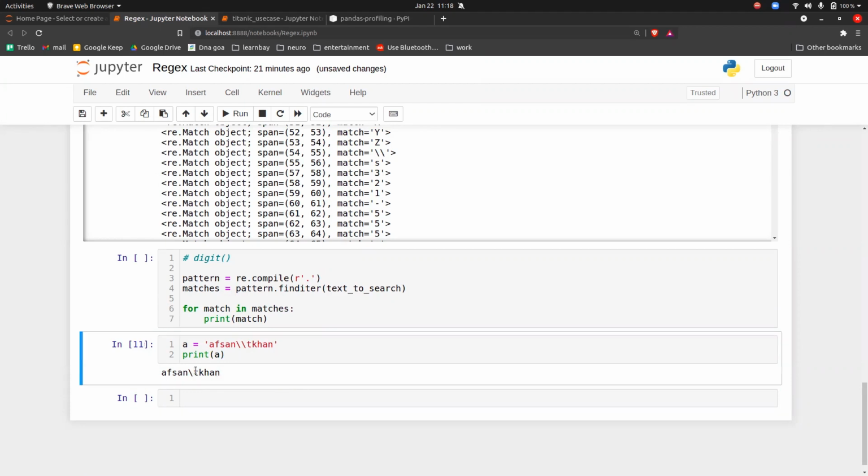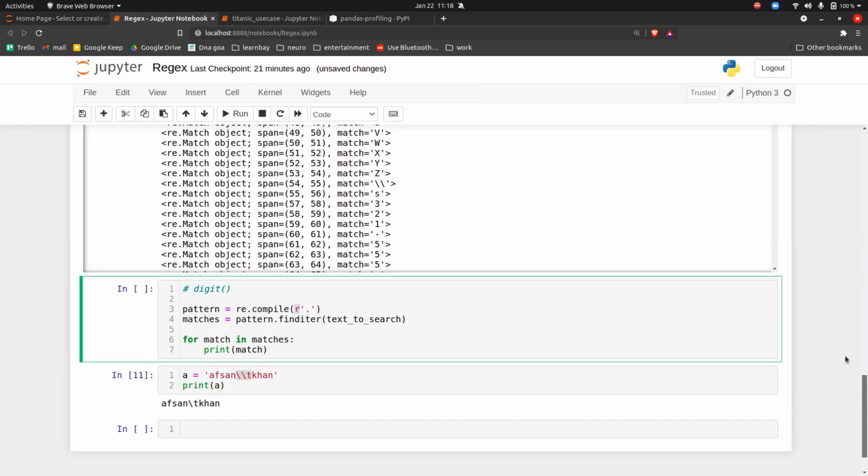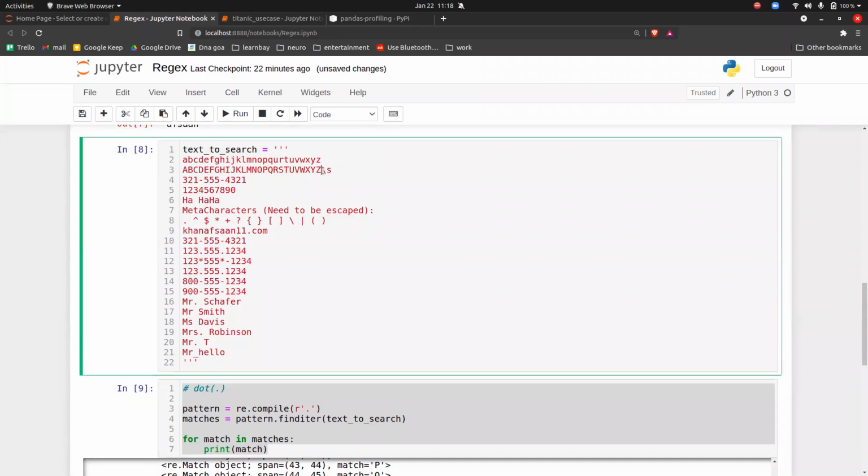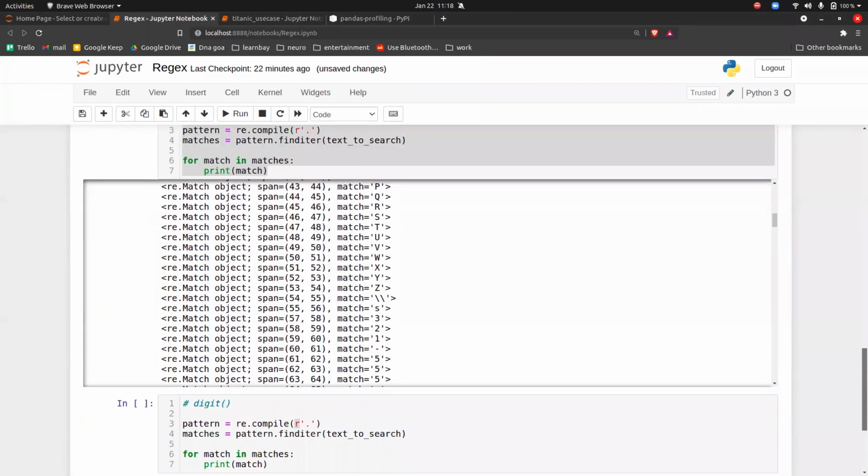So it will be treated as a slash t, right? So Python is interpreting that as this because you have put a raw string here, right? Got the point? So that special character, slash s, is treated as a normal, not a special character. So that's why you get two slashes. Okay, that's the meaning of that.